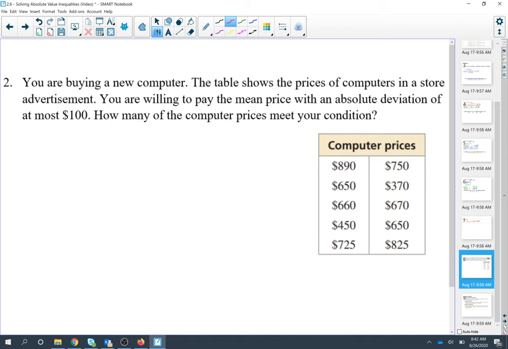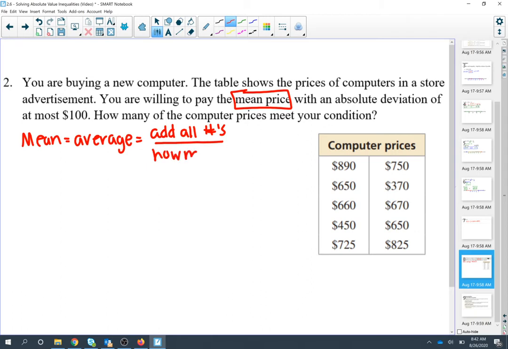So it says you are willing to pay the mean price. Let's start there. Remember, mean is an average. And the way we find an average is we add all the numbers and then we divide by how many there are. So how many numbers? In order to do this, I'm going to first add up. I'm going to start with this column. I'm going to grab my calculator and add up all of these numbers. So if I add up 890, 650, 660, etc., that gets me